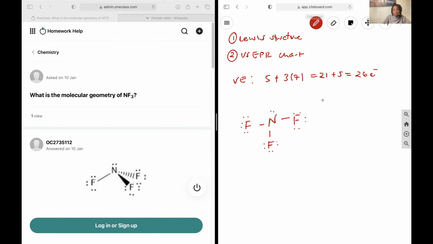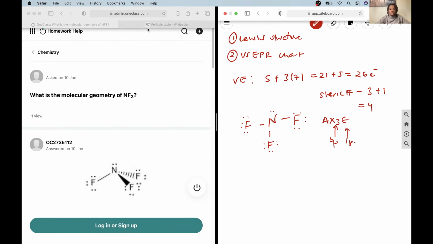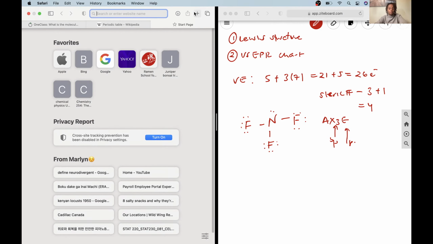Now, in order to go to the VSEPR chart and use it, I need to first know the steric number. And I can see that I have 3 bonding pairs and 1 lone pair, and so that's going to give me a steric number of 4. I should note that the notation will be AX3E because I have 3 bonding pairs here and 1 lone pair here. And so when I go to the VSEPR chart,